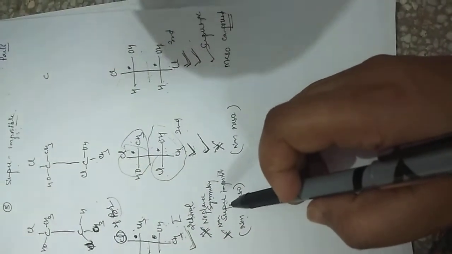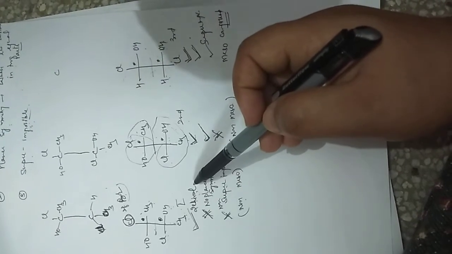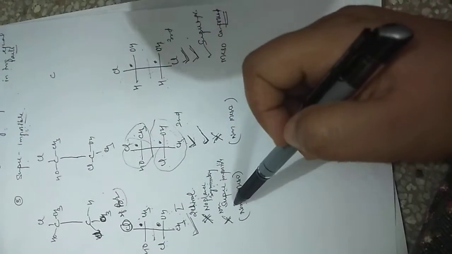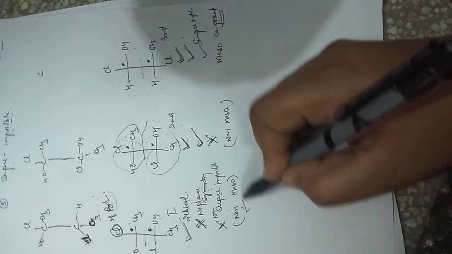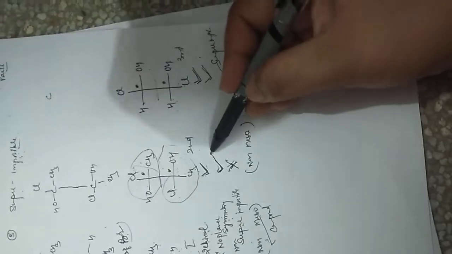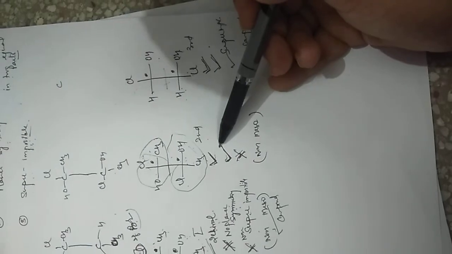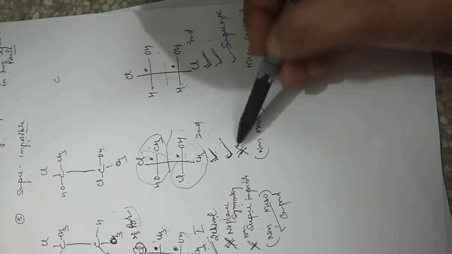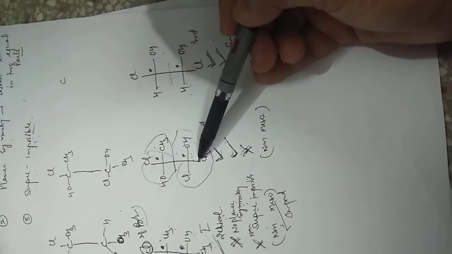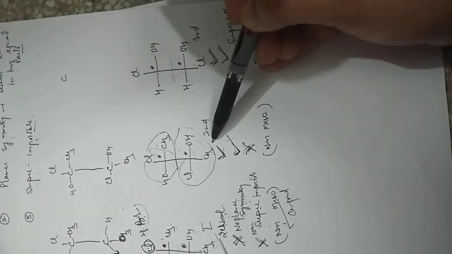Now we can see the picture. In the first compound, 2 chiral atoms present, condition complete. No plane of symmetry, condition incomplete. Third is non-superimposable, so this is a non-meso compound. In the second, chiral atoms are present, plane of symmetry present, but they are non-superimposable. If this part is placed on this place, they don't overlap.